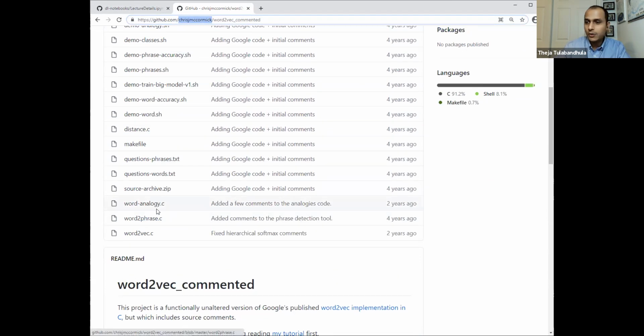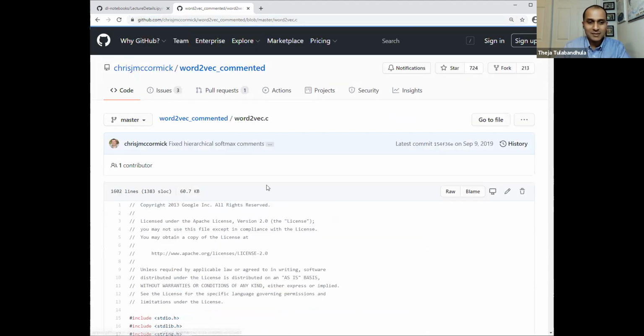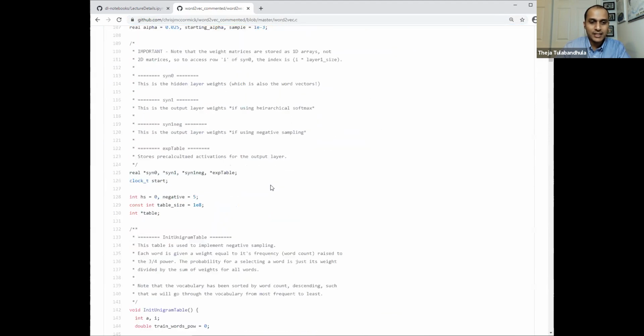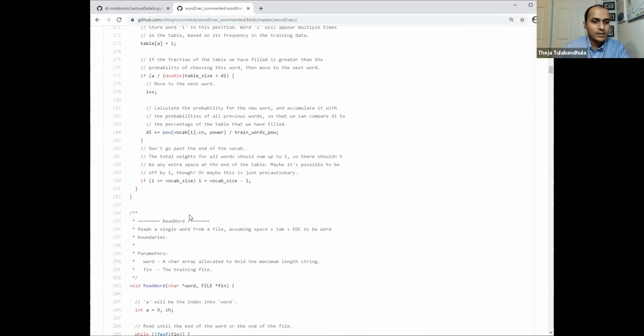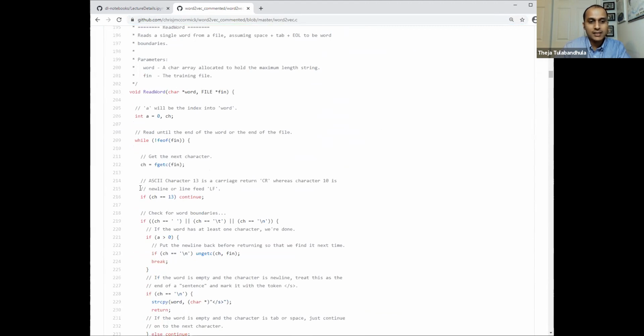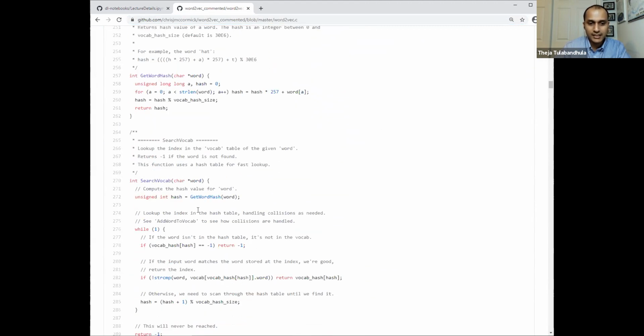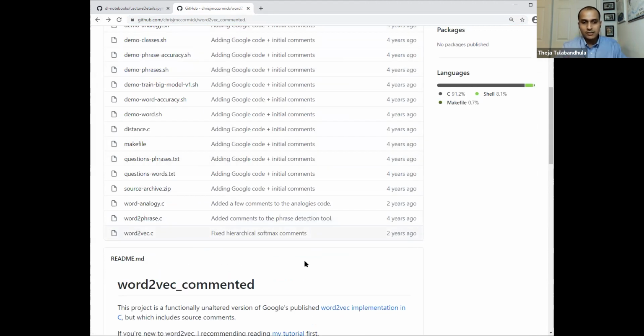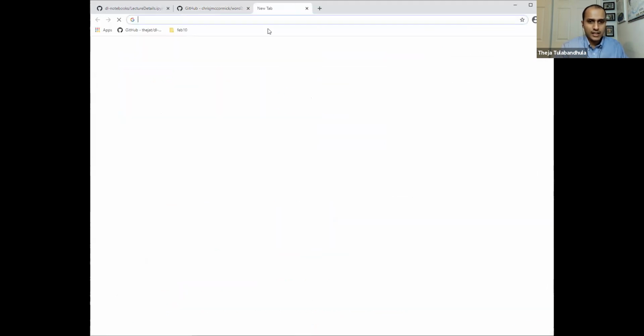But it's a good resource for folks who are really curious about how it was implemented back in the day, about 10 years ago. Actually, it's written in C, which is not something that we are looking at, but you will see a lot of comments that this author has added in terms of what's happening in building this Word2Vec or numerical representations of words. And then these numerical representations we saw last time were made freely available by Google. One of the links I shared last time is using, I think, GenSim.